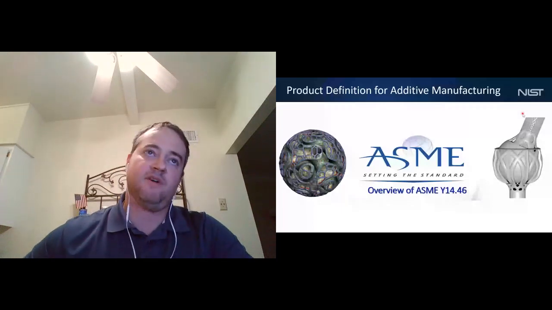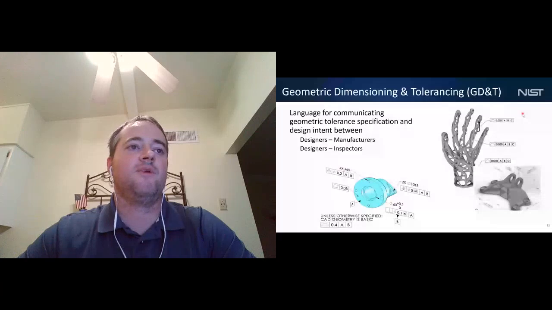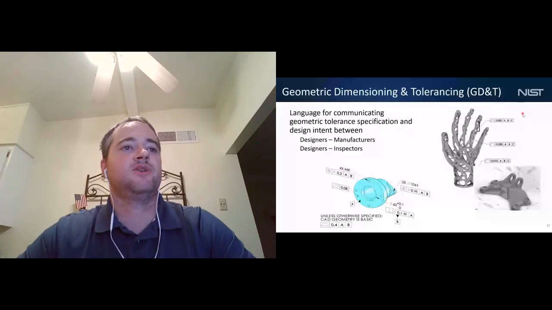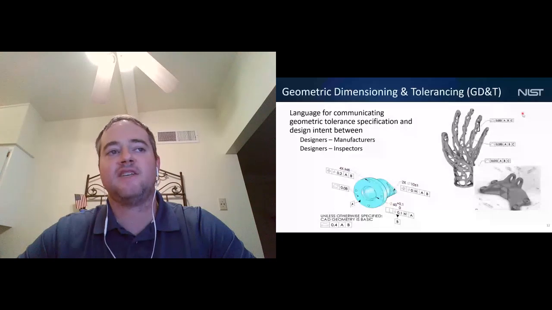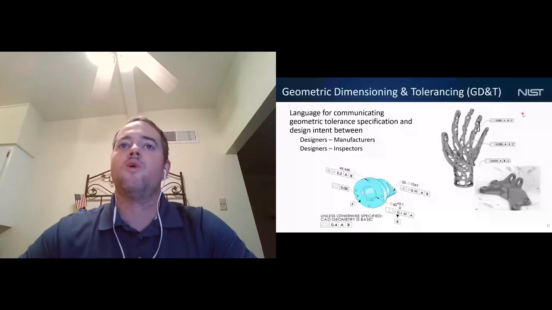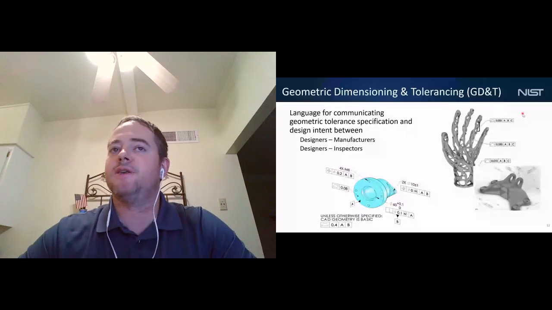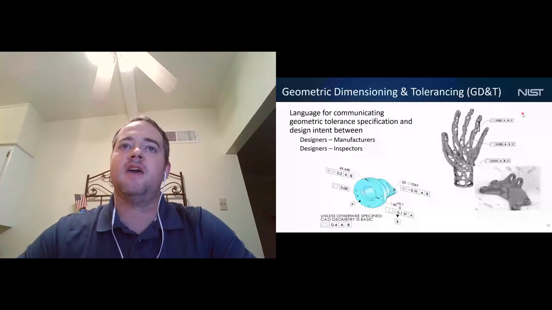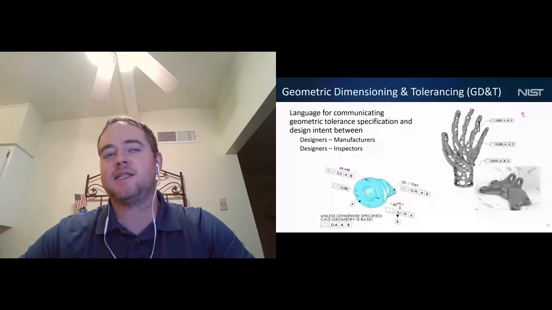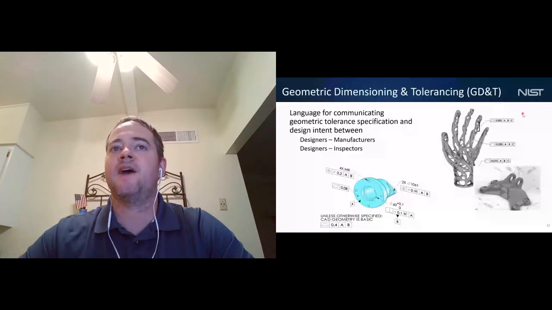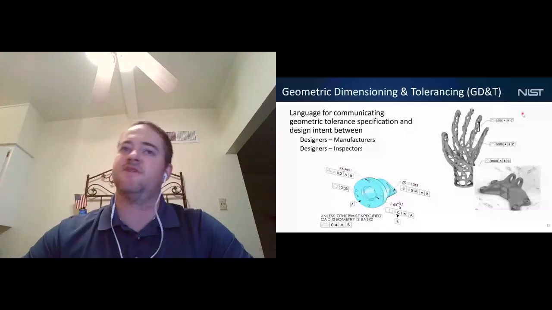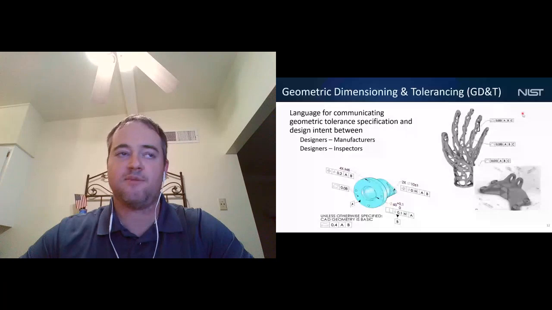This is something that we took into consideration a few years back. Here are a couple of examples of some of these complex geometries. As I mentioned, it's been a challenge within the community. This has been developing under the Y14 community. It has been a challenge to move past the symbolism more to the representation. When you see these annotations on a document, this is more human consumable, human readable. What we're challenging ourselves to do is communicate some of these unique geometries that we can develop in additive manufacturing that we might not be able to create in other types of processes.